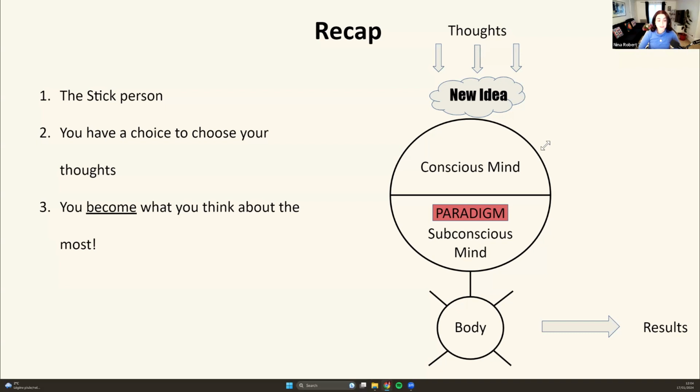And then we established the fact that you become what you think about the most, or what you think about all day long, or what you repeat in terms of messages or in terms of behaviors over and over and over again, because your present results are actually the consequence of whatever behavior, habits, or self-beliefs you built throughout your childhood, throughout your education, throughout your experience. And in order for you to have a different result, you need to change that. You need to change that self-talk. You need to change those ideas that are surrounding you if they're not serving you.